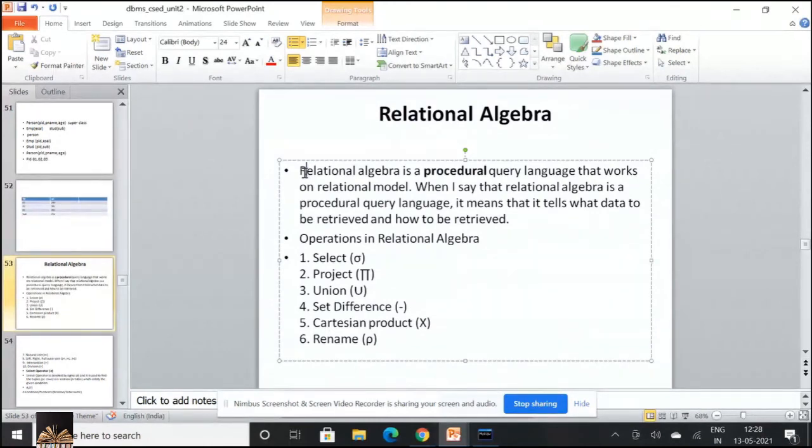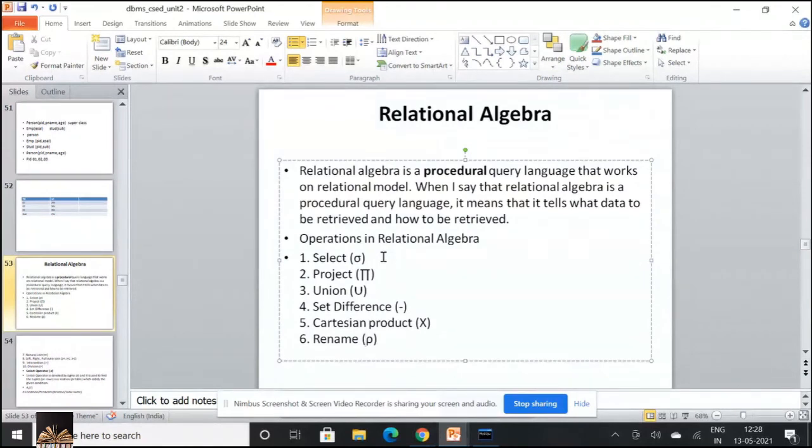Different operations that are used in relational algebra are selection, sigma is the symbol; projection, usually we call it select, sigma, project, pi, union, set difference, minus, Cartesian product, and rename.